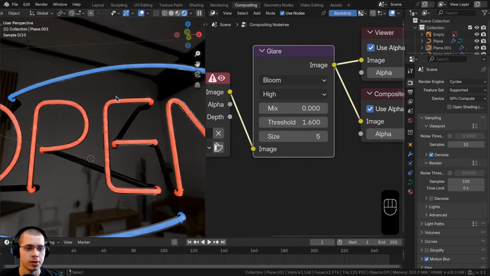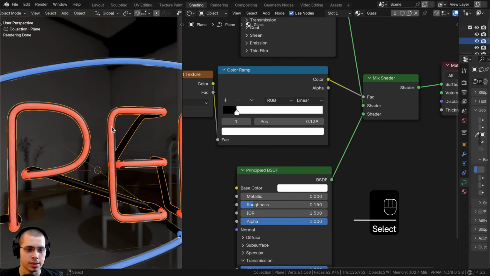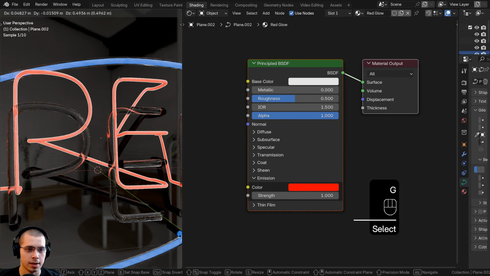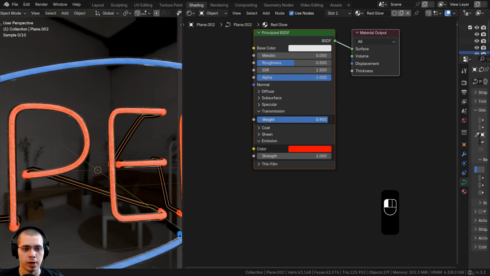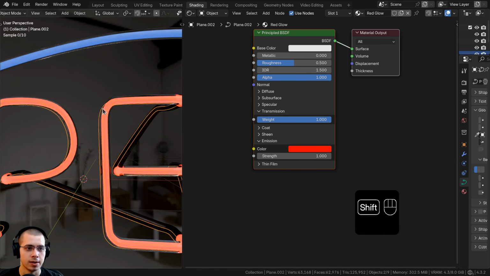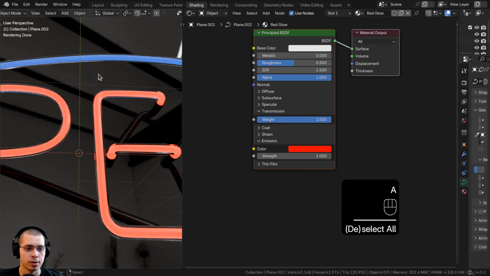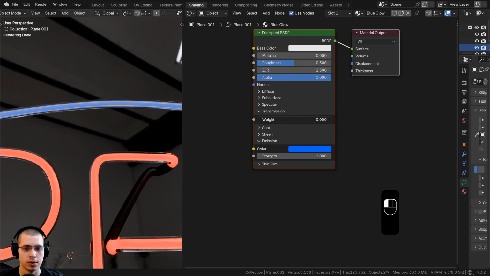Now it doesn't really look very strong, but there's one more thing I want to do with the materials. So I'm going to click back here to go to the shading workspace, and if I just double click on this to select the glowing one, what I want to do is go to the transmission and turn the transmission weight all the way up. And this is going to make it look a little bit more like glass inside, and it'll also make things a little bit brighter and glow more. So we'll select the other one here, we'll open up the transmission and turn this all the way up